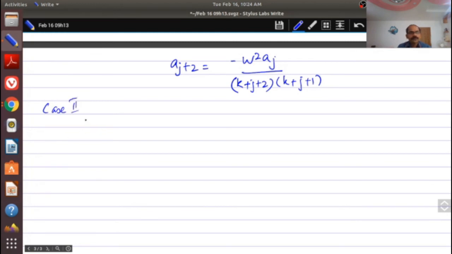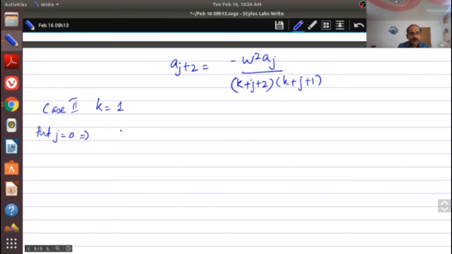Case 2 is what? K equal to 1, and put j equal to 0 again the same way. J equal to 0 will give you